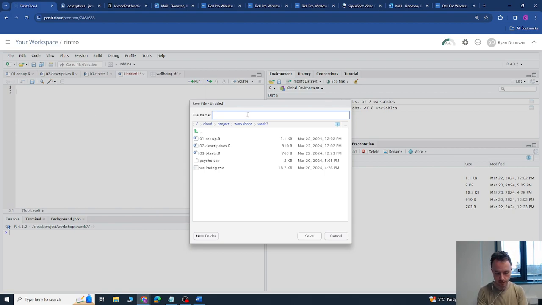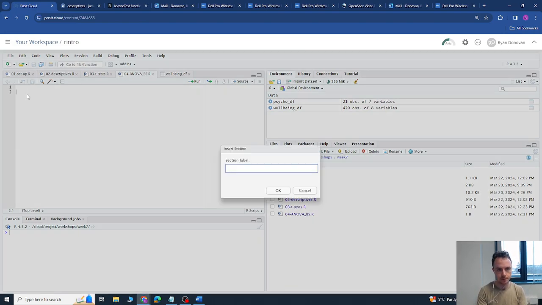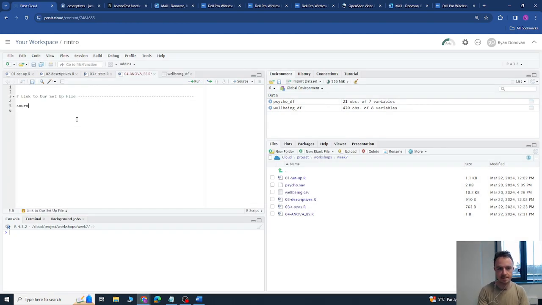I'm just going to save it as 04 ANOVA between subjects, or BS, and I'm going to link it to the setup file. So link to our setup file, and again it's the same thing we did in the last few files, just source 01